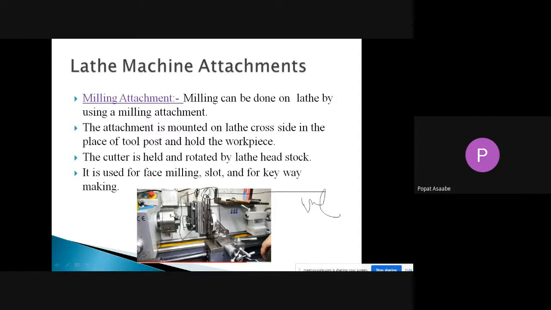and with the help of that slide, when the wheel of the slide is rotating, at that time your workpiece is going to move in the vertical direction. It will move in up and down position. Suppose we want to move the workpiece upward, and suppose we want to move that workpiece downward, with the help of this hand wheel of that slide.